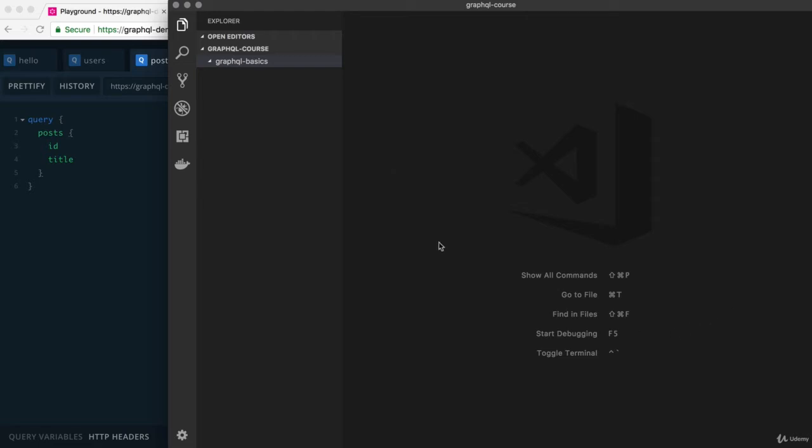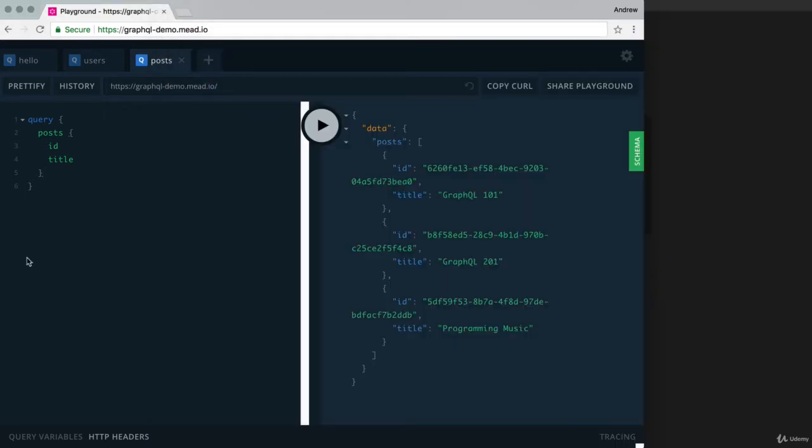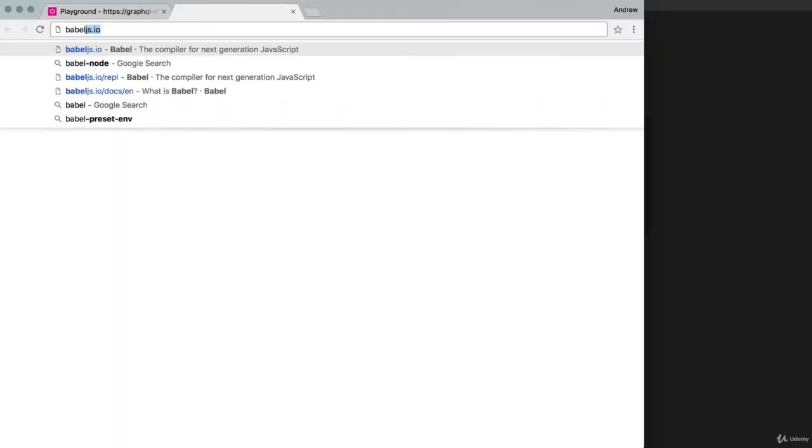To kick things off, what I want to do is install and configure a tool called Babel in our project. Babel is a tool that's going to allow us to use the most advanced cutting-edge JavaScript features today. In particular, we're going to be able to use the ES6 import-export syntax. Let's go ahead and kick things off by pulling up the website for Babel. That is B-A-B-E-L, Babel,